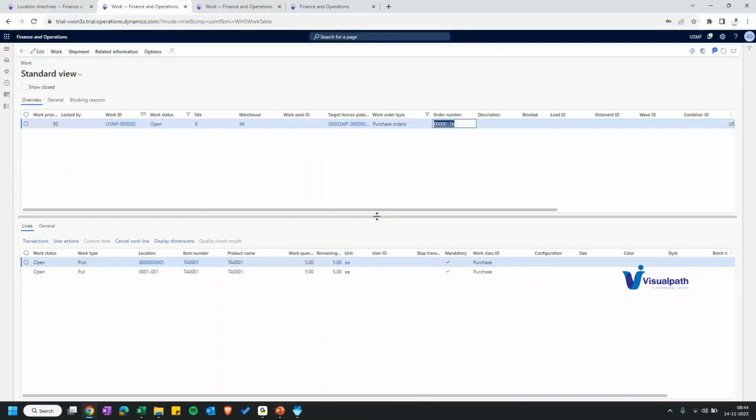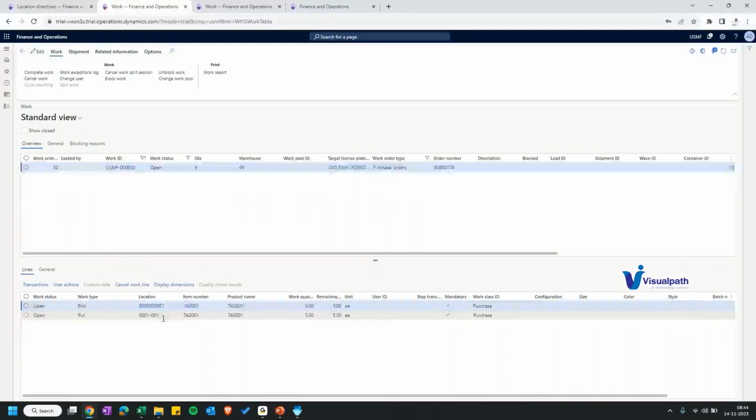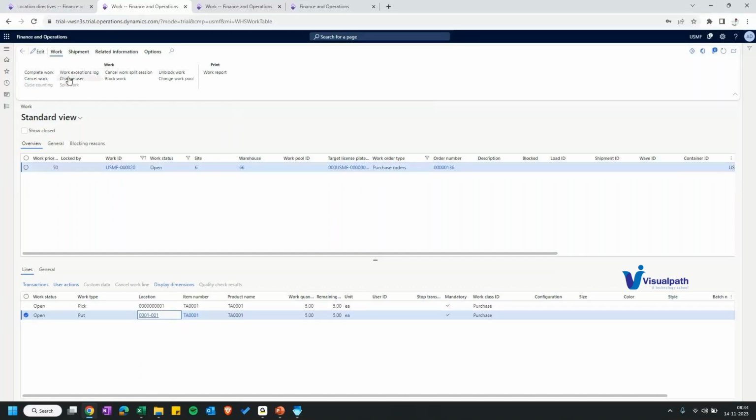When they are using the RF, that time it will show the user ID under this location column. If it is based on the worker, just click on change user, clear the value, so it will be